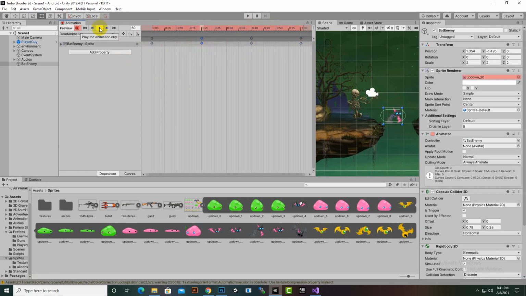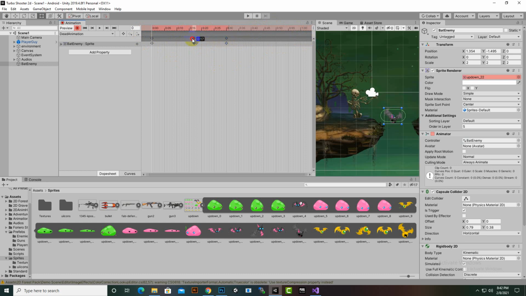So it will be a little bit of fine animation now. I think we should add only one frame. So the first frame, we're going to move to the first frame. This frame we don't need, and this frame is fine. Actually this we don't need, and this frame is also fine. So now this is for the dead animation, so let's add it